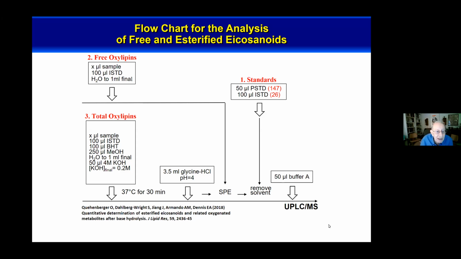Now, when we're doing total oxylipins, we do the same scheme as we did for fatty acids. We do include BHT in the mix to prevent oxidation. We're very careful about the temperature and time. We do our quick quench, we do our SPE, remove the solvent, and do our analysis and look at the